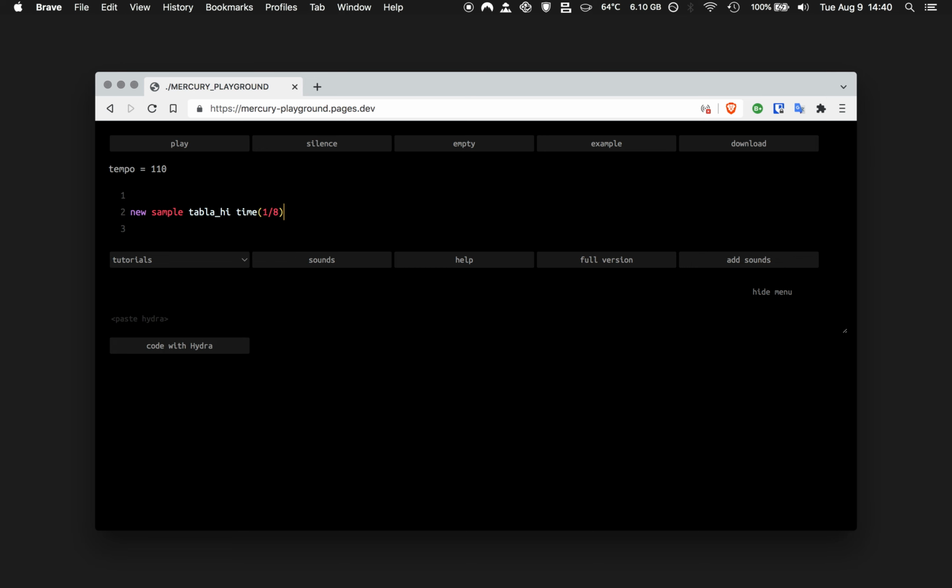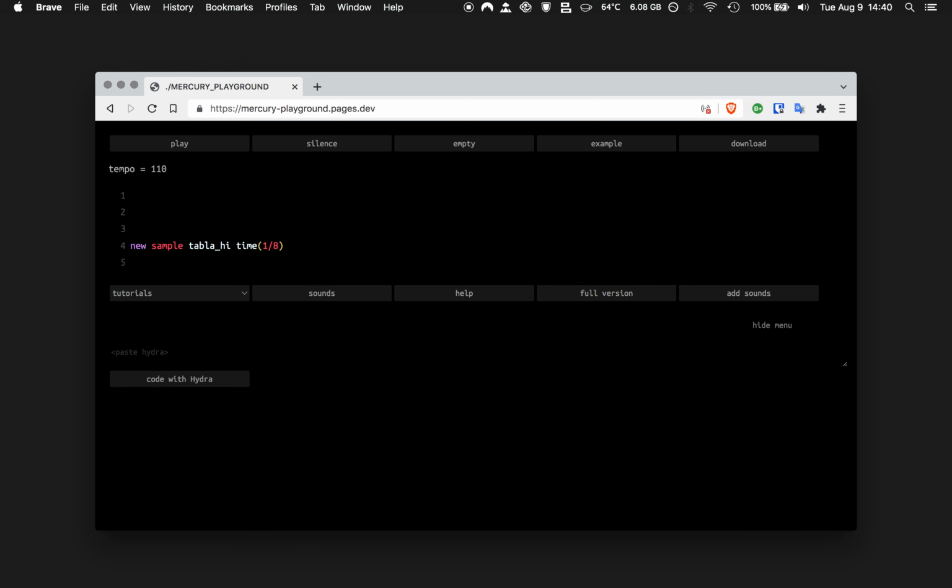Now what if we would like some of those 8 notes to not play? So we can create a rhythmical pattern. For this we can create a so-called list. And a list is a collection of values, for example numbers. And in this case, because we want to create a rhythm, we can say play the sound or do not play the sound. And this is reflected as a 1 or a 0, where a 1 means play and a